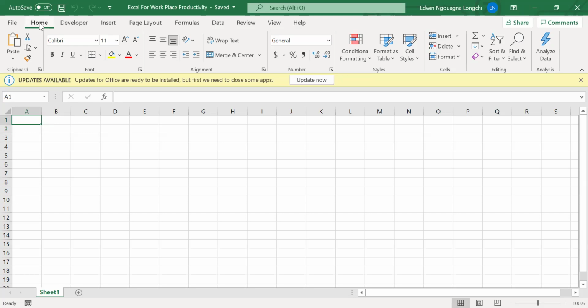All right, so that's the file tab, very easy. Then we have the home. Indeed, it is the home because the home tab is like the mother tab, right? It's like the home page, let's say, of your website. When you land on the home page, you can understand a lot of things about your website, right? So it's similar to what we have here.